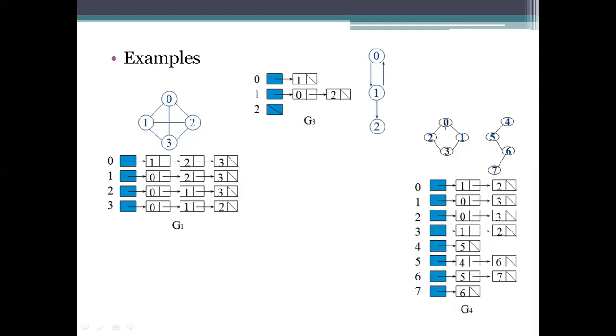Is there a possibility or not? How are we telling that? It doesn't have any edge connection to 3 here. Because it has only 1 and 2, and the last one is specified as null. So there is no connection. If I want to provide a connection from 1 and 2, simply draw this thing.